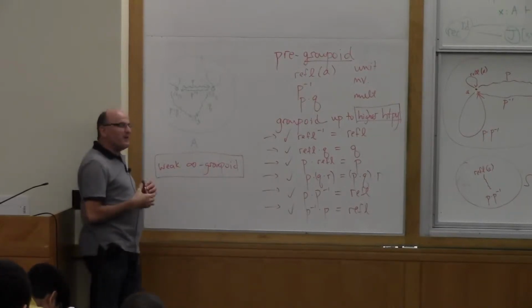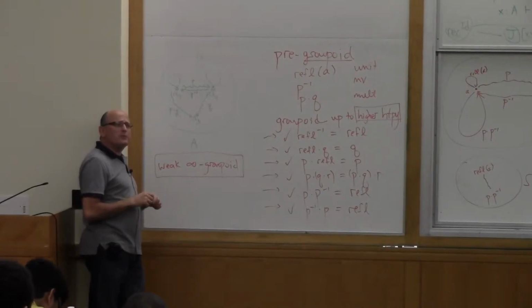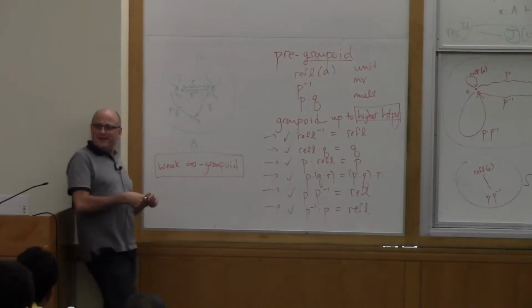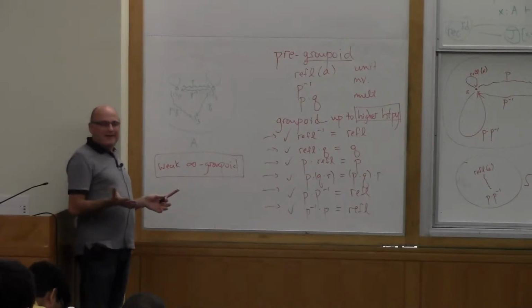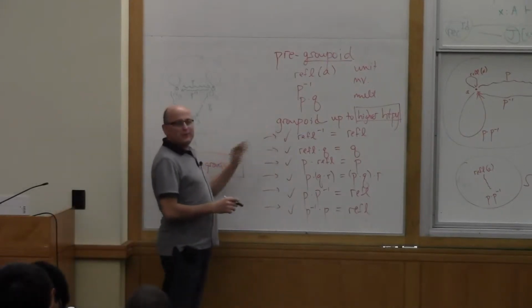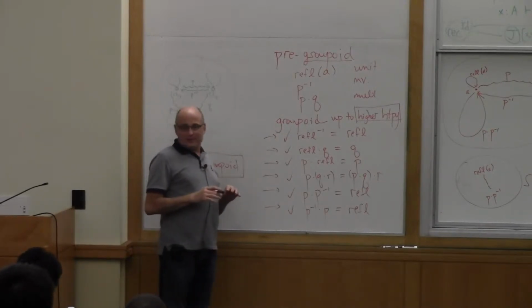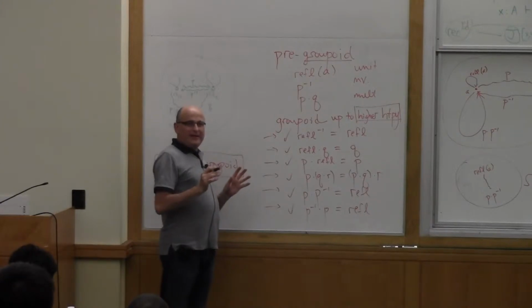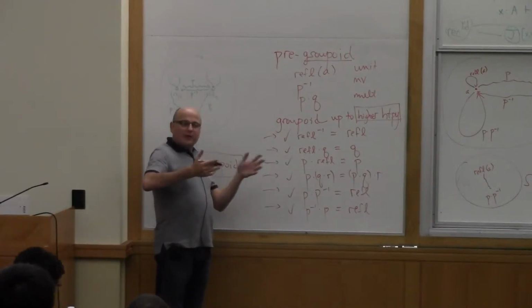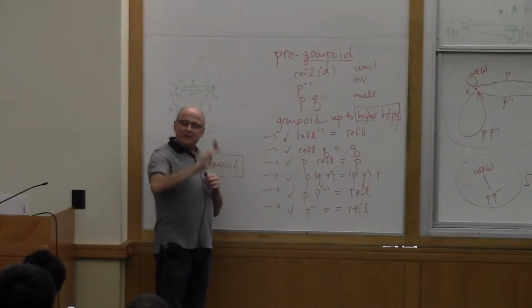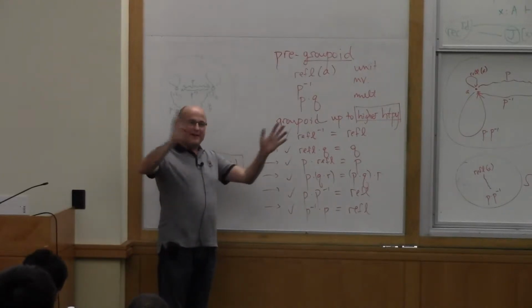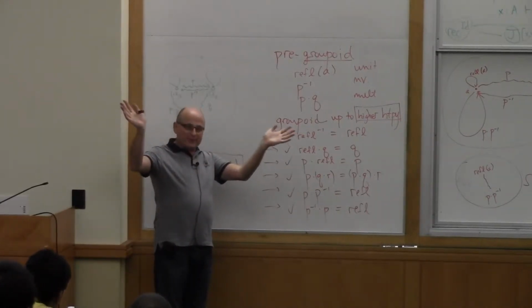So when I first learned about this, I thought, Jesus, I asked Peter Lumsdaine, I said, yeah, but it sort of means like nothing ever really holds. It only holds up to a bigger lie. Okay? You sort of say, well, these things don't really hold. They only hold up to a bigger thing. And then, oh, well, those aren't really having the groupoid laws. They only hold the groupoid laws up to an even bigger lie. And the way it works is, as long as you carry those lies to infinity, you'll never get caught. It's a Ponzi scheme that never runs out.